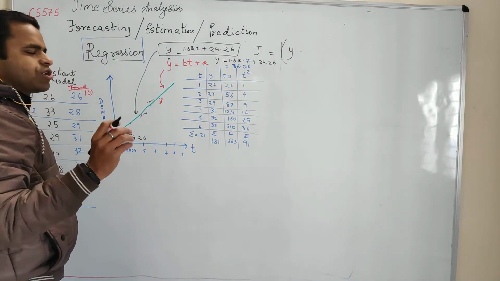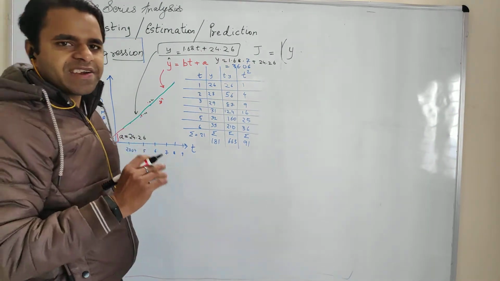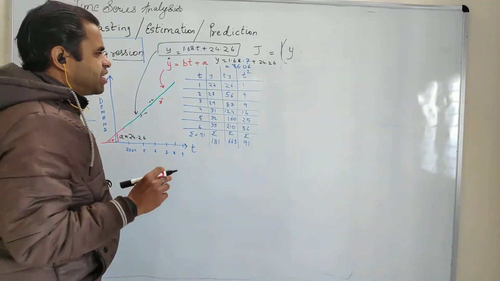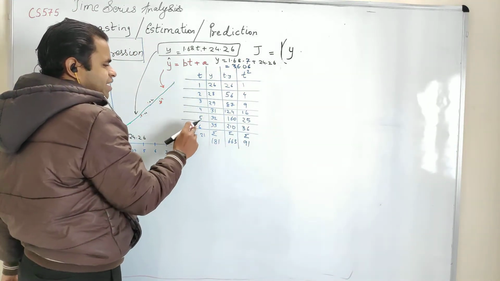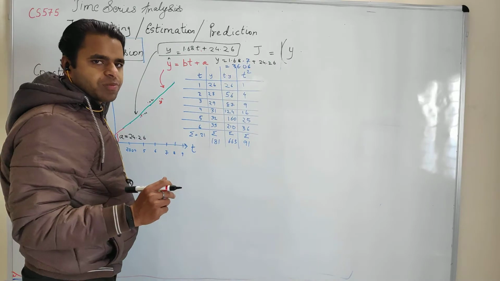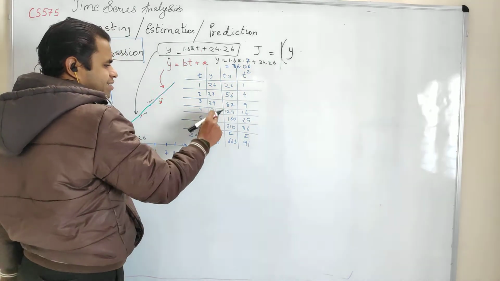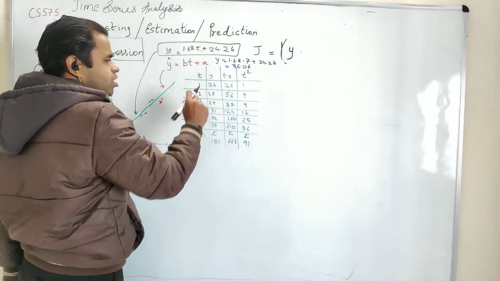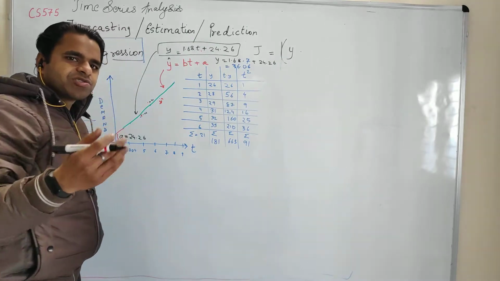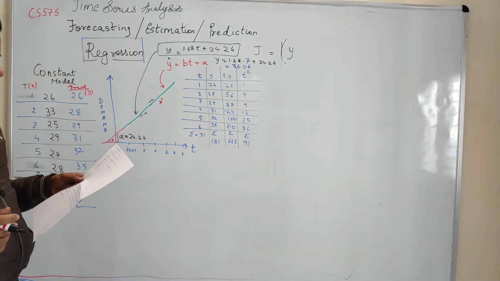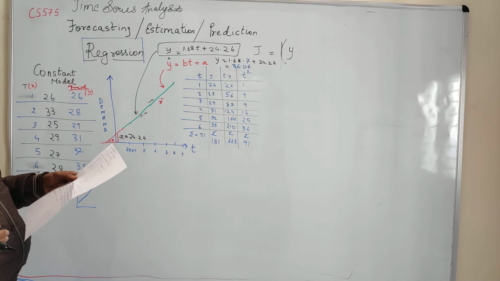Second, it assigns equal weights to all values. Remember the weighted average when we did it? In linear regression, we assign equal weightage to all the points. We did not take any recent point as having more weightage or the older points having lesser weightage. So this again specifies a good property of linear regression.